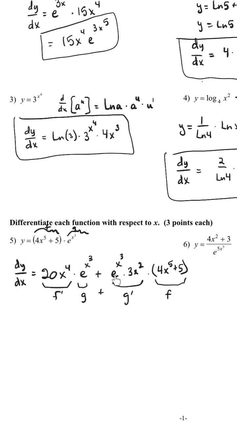This side also has an e to the power of x to the third, so that can be factored out. 20 and 3 don't have any common factors, but x to the fourth and x squared has a common factor of x squared. So I'm going to factor out an x squared and e to a power of x to the third, which for here will leave 20x squared